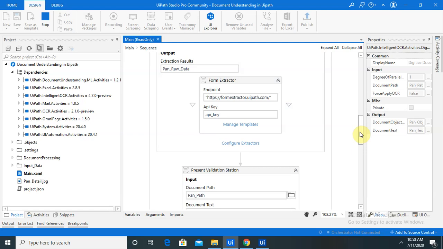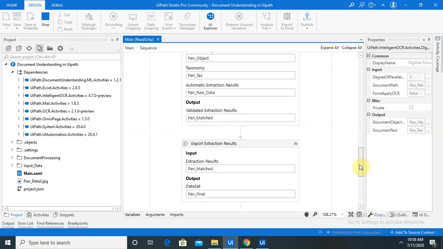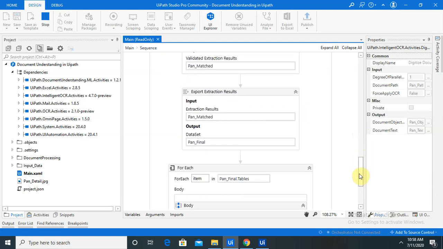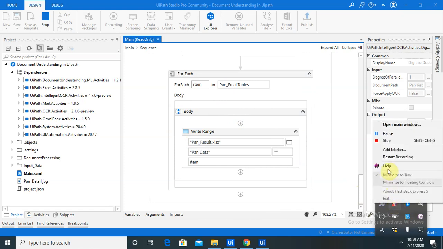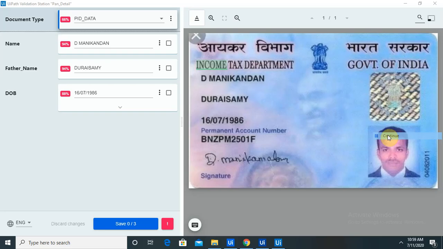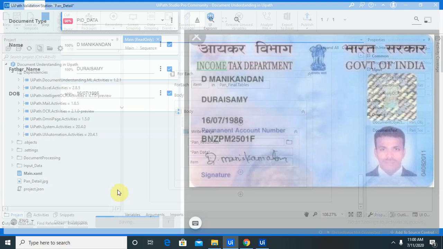Now you can see here, so once execution is started we are getting all the data. We just have to click on all the check boxes and then click on save. Once we click on save, our Excel file will be written and that will be available in this location. So it will take a bit more time for generating our Excel file, that is panresult.xlsx. Now you can see the file is generated and execution is also completed.